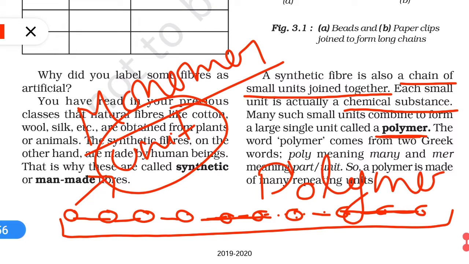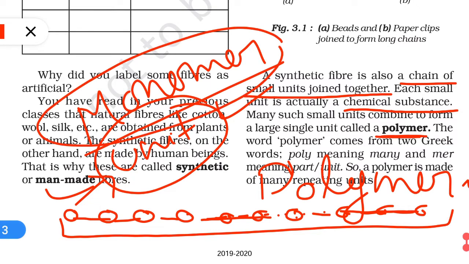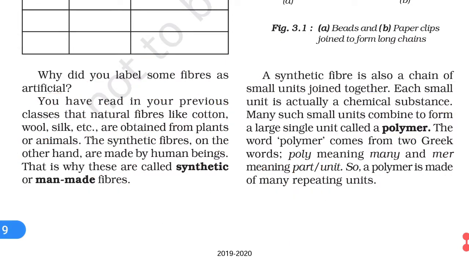So one thing is clear, that a synthetic fiber is a long chain of a very large number of small units which are small chemical molecules and which are called monomers. So monomers join together to make a polymer. So dear students,